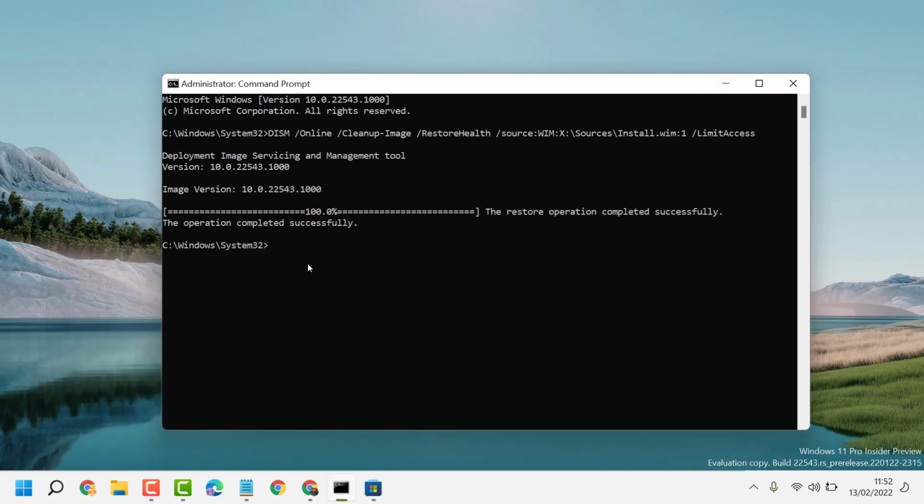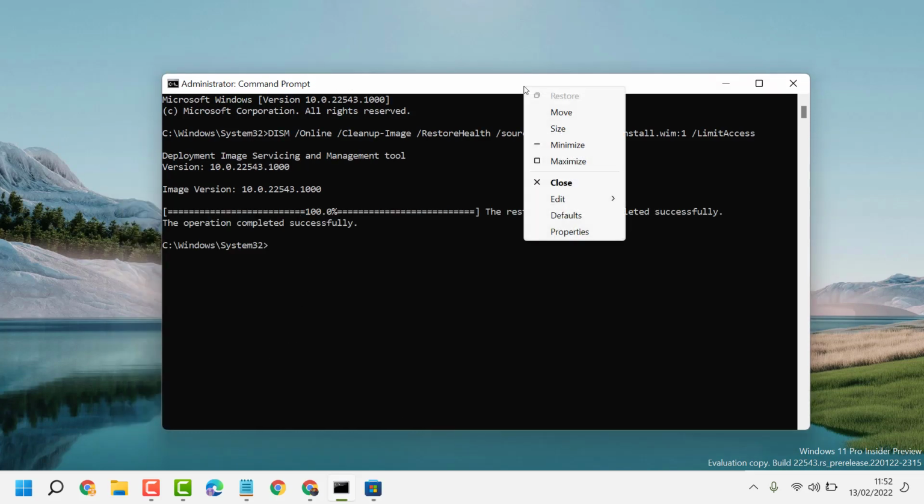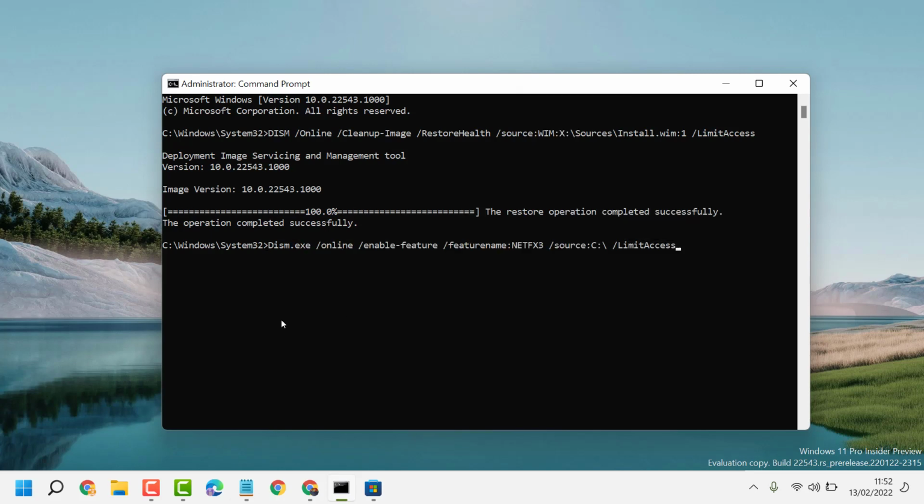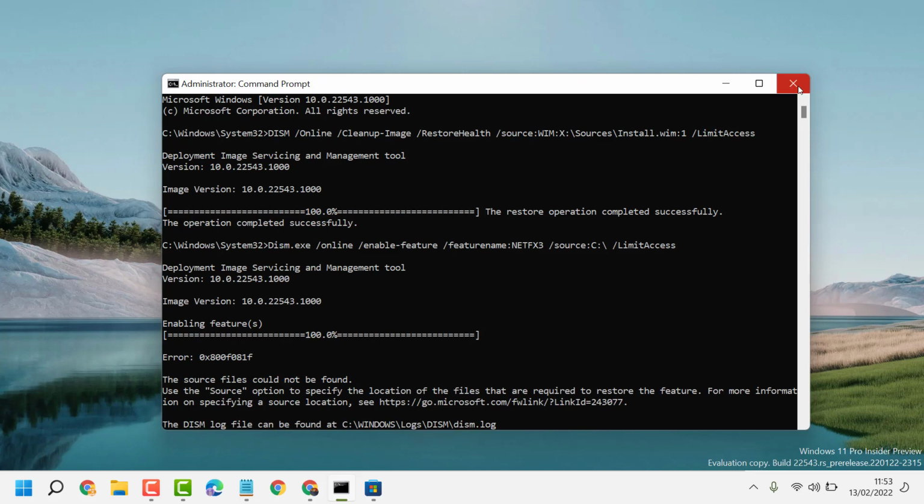Now once you see this complete, copy and paste the second command line, then press Enter. Now again you have to wait a couple of minutes, and once this completes, close it and